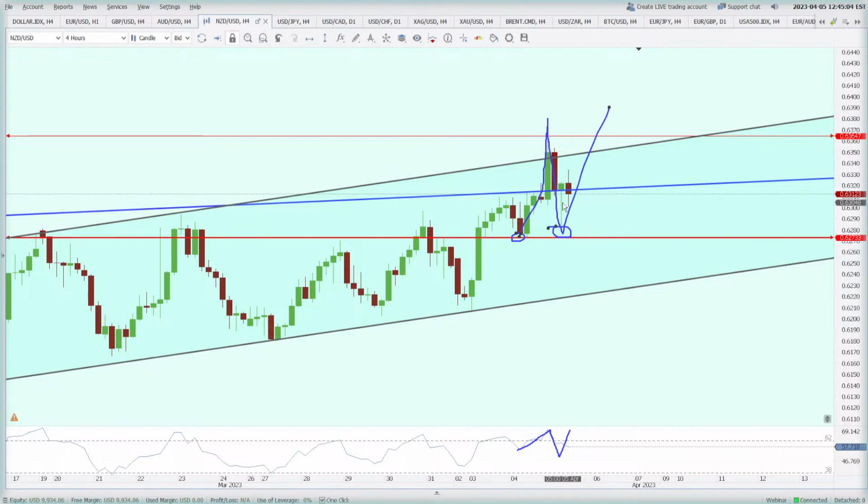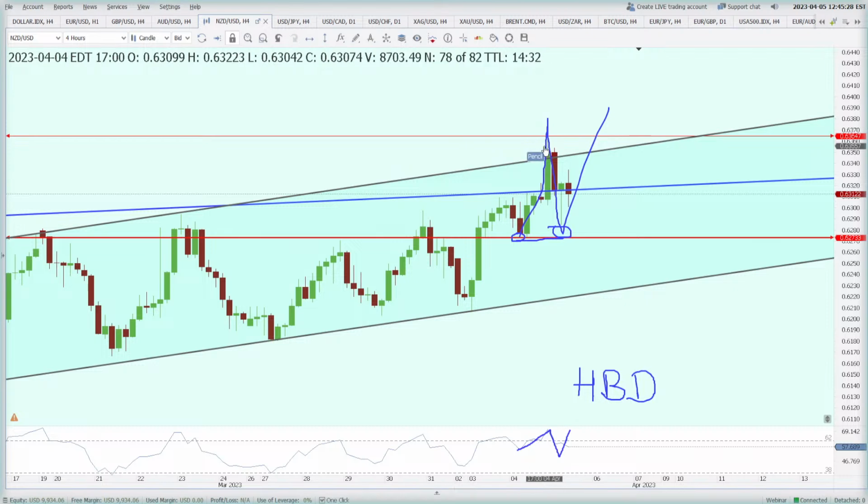Now this is called a bullish hidden divergence, when the price has not made any lower low, but RSI has made a lower low. So this is called hidden bullish divergence, HBD. Okay, so keep an eye on this one. I think you will get another buying opportunity in this one.